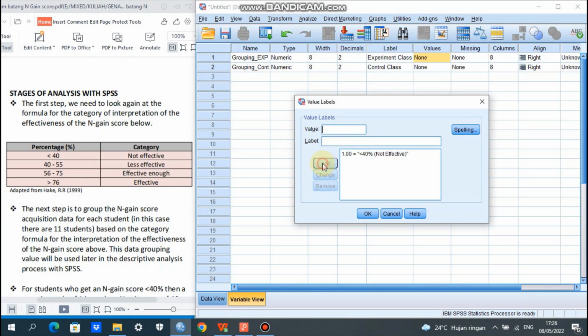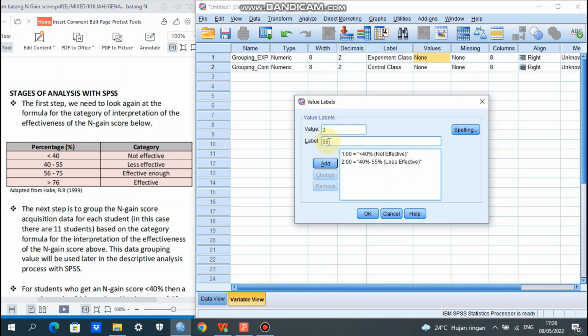And then we click add, and then we type group code number 2. It is 40% until 55%. So it is categorized as less effective. Yeah, less effective. And we click add here. And then the next we type 3 for the coding number 3.